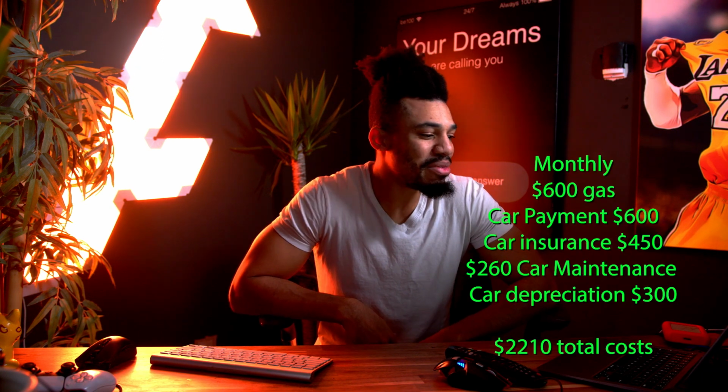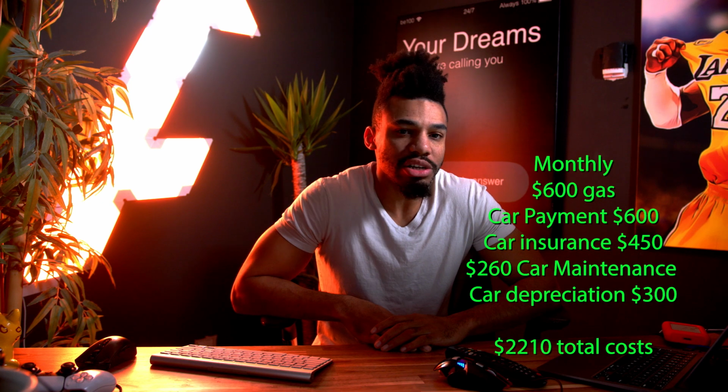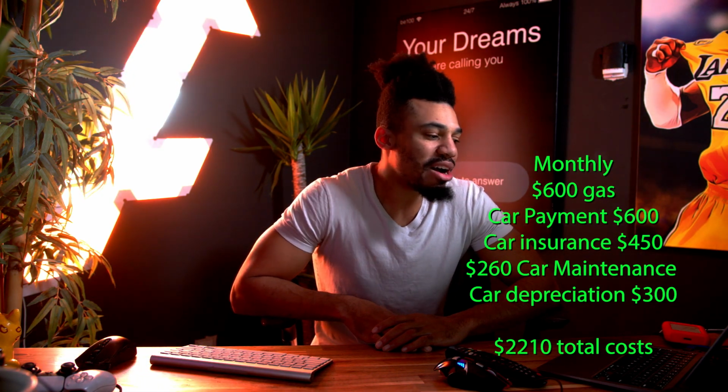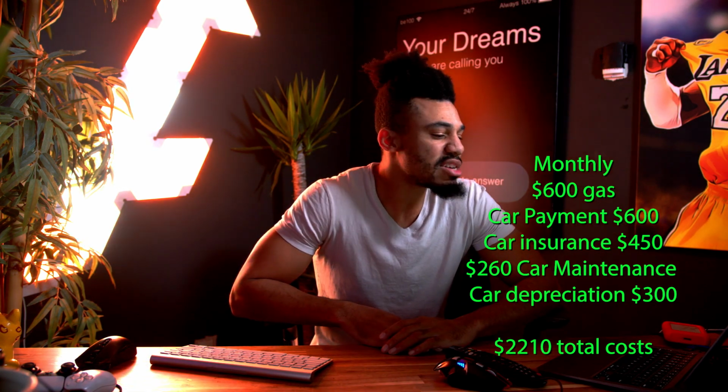So if we add up all these expenses, the car depreciation, and the average car maintenance, not including the massive bill for the car AC, but just regular car maintenance at about $260 a month, my total expenses for my car come out to $2,210 a month for my cheap used regular Chevy Impala that was $15,000, which has insanely high interest